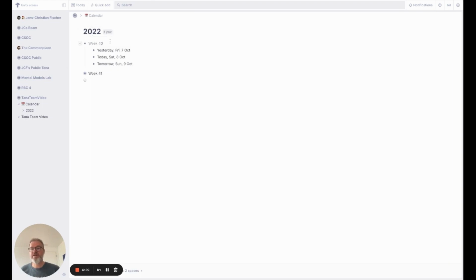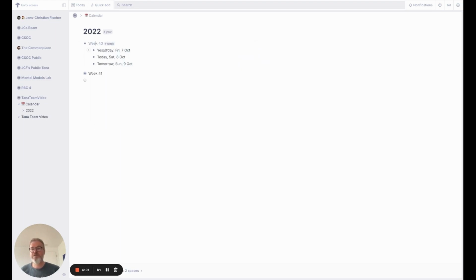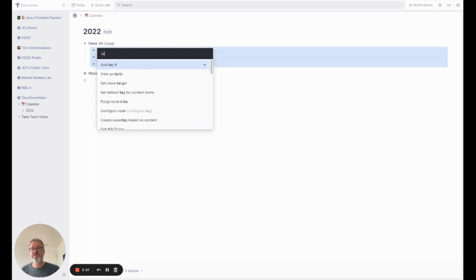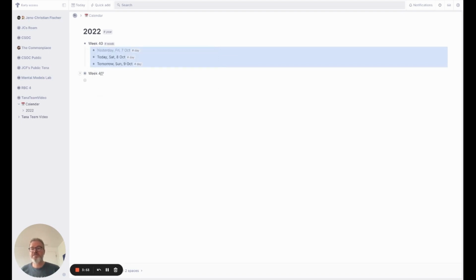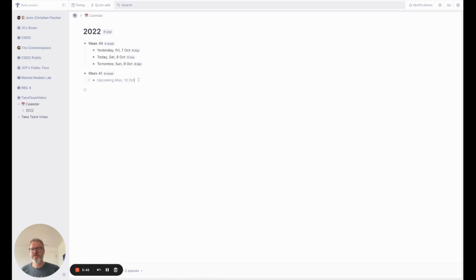We're going to add a tag to the week, picking the one from the workspace, of course, and we are tagging the day for these days, and I'll also do the same thing. I've been playing around with this for a bit, so add tag, week, and add tag,